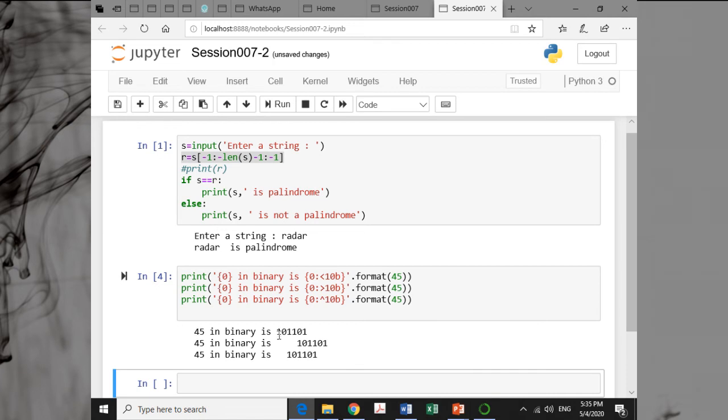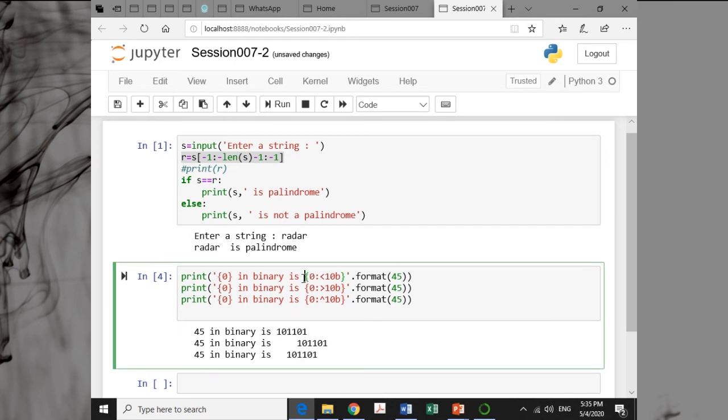This is left justified. After the message, you get a blank space, because the blank space is given here, and then you get the number 101101. This is a 6-digit number, so the rest of the 4 digits are here. In this particular case you are getting 4 blanks before the number, because it is right justified.